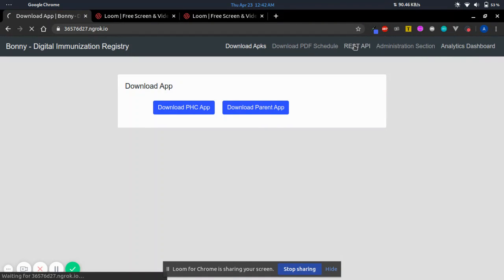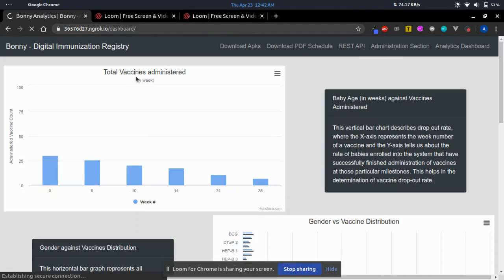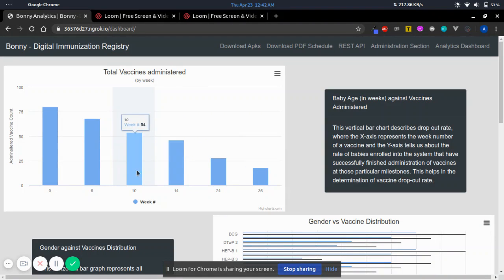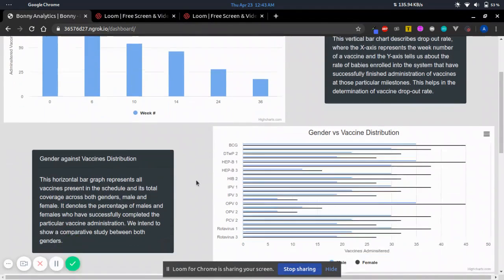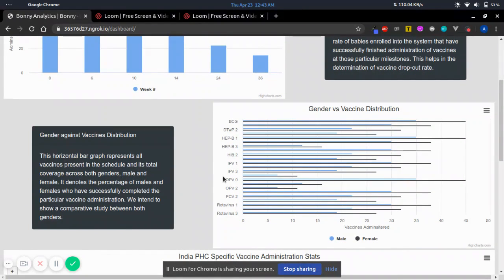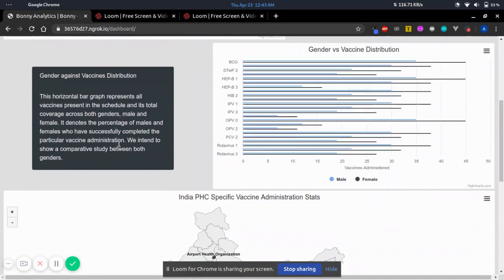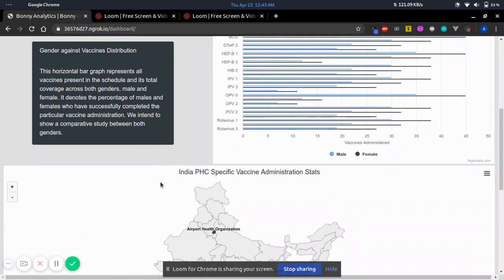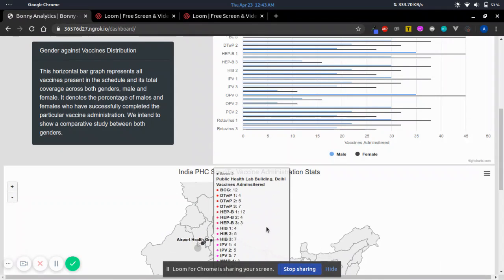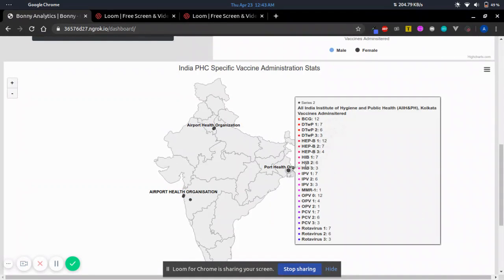Now coming to the last part, analytics and prediction. In the analytics, we try to visualize the data by performing various aggregation, cube, and roll-up operations on the data to provide insights like the dropout rate, the gap between two types of user groups, and also region-based information.